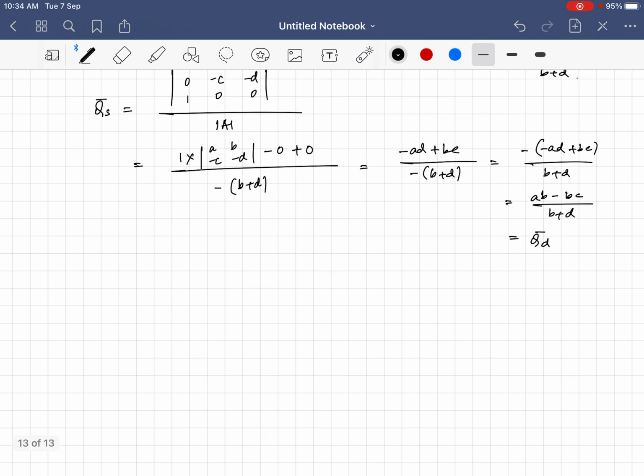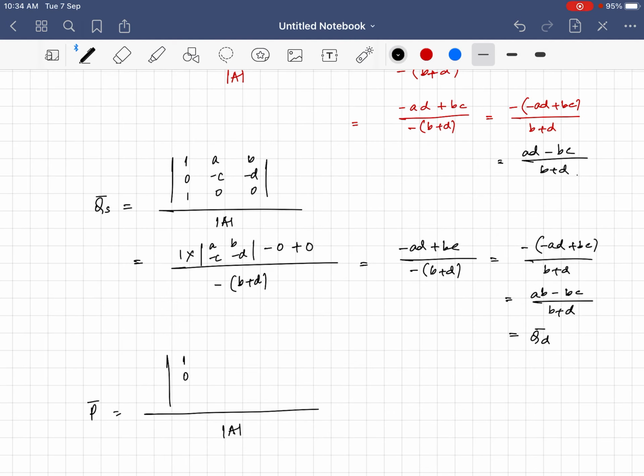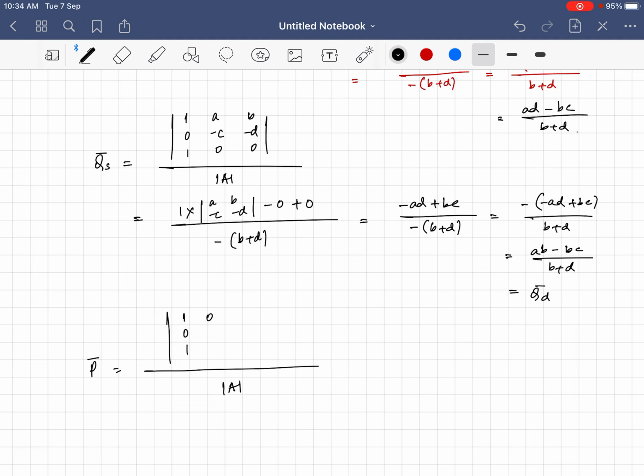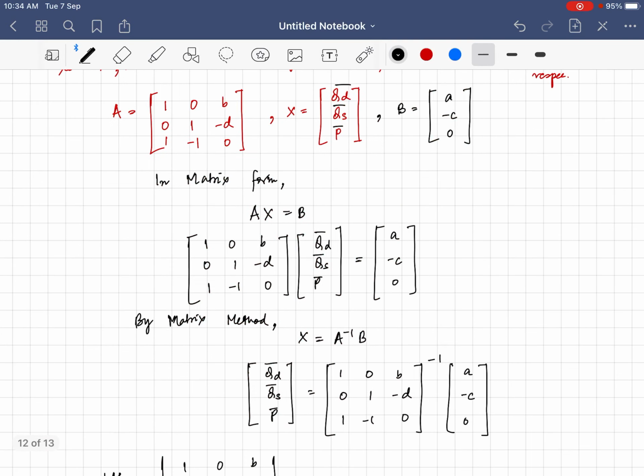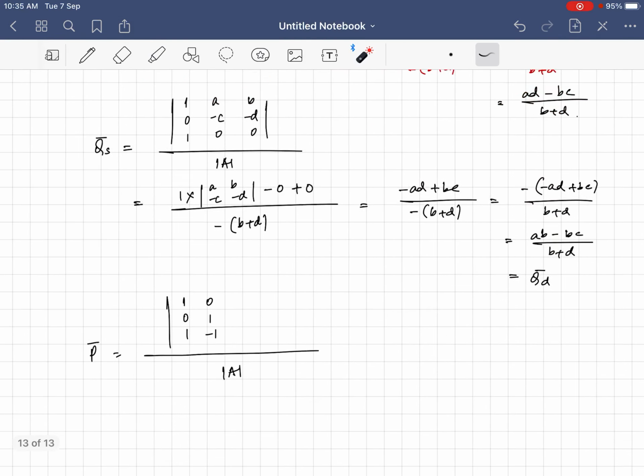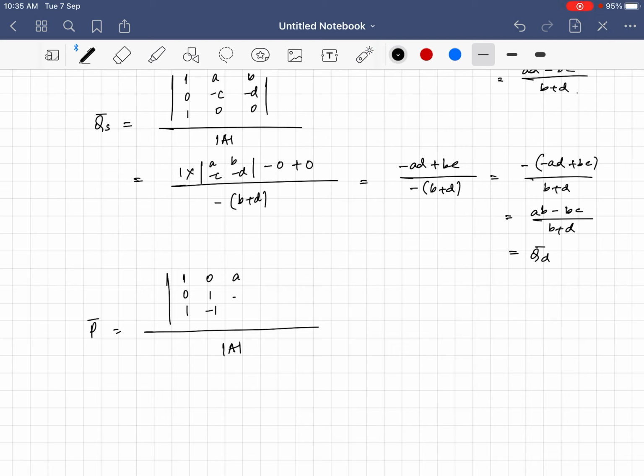Now we have to do the last one, that is P, the equilibrium price. And for that equilibrium price, what we're going to do is, determinant of A, and now the last column will be replaced here. Wait a second, let me just write these: 0, 0, 1, minus 1, and in place of this third column, I will write the constants now. So A minus C, 0. Now the last one will be A minus C, 0. So this is what we have. So determinant of A value is already known, that is minus of B plus D, and the numerator becomes,